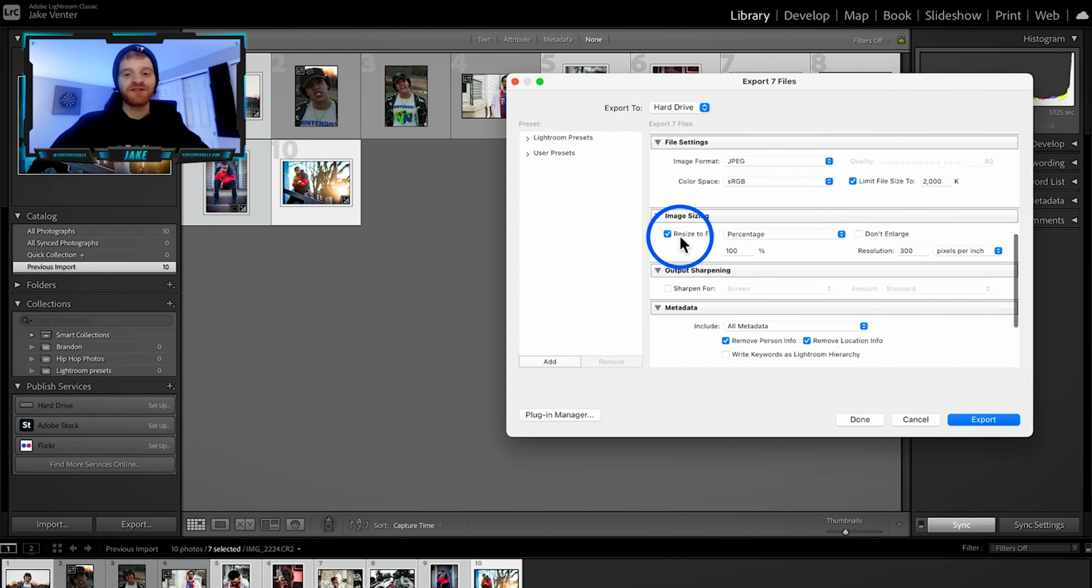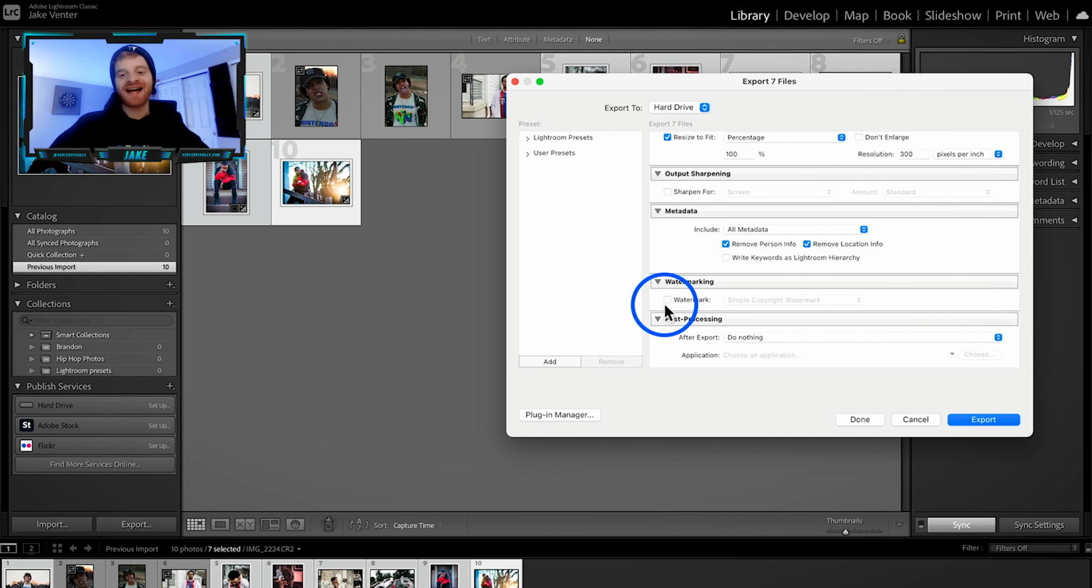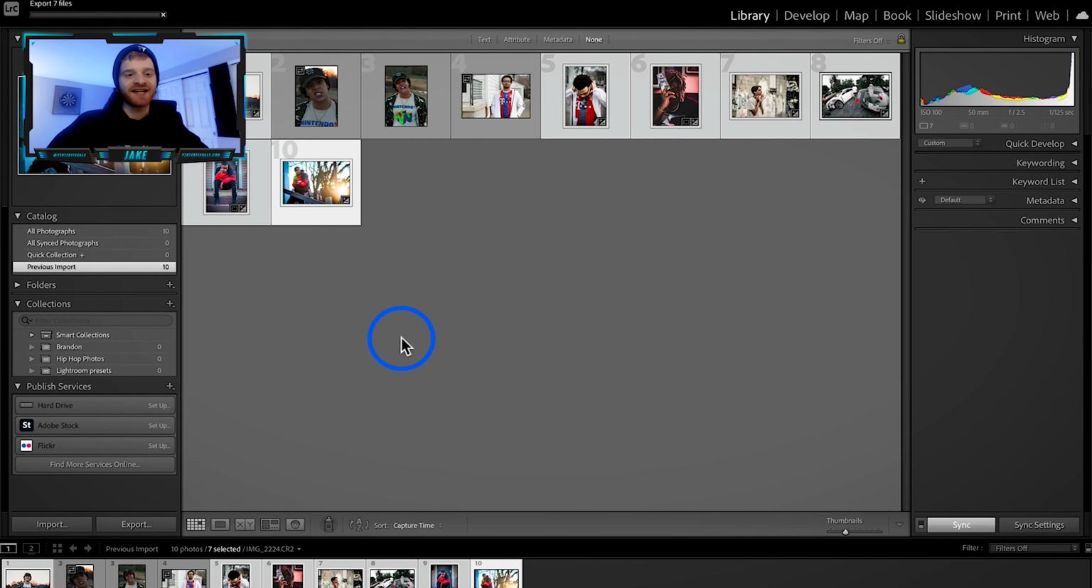Resize to fit, that's up to you if you want to resize your images or not. Depending on if you're uploading these photos to a website, you might wanna change this resolution down to 72, but I usually keep mine around 300. And then you can add your watermark down here at the bottom if that's something that you desire. From here, I'm just gonna hit export, and that's just gonna export out all of these photos